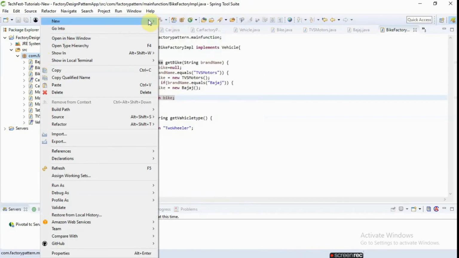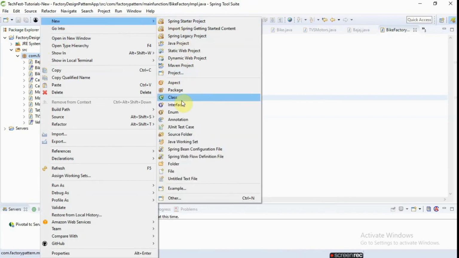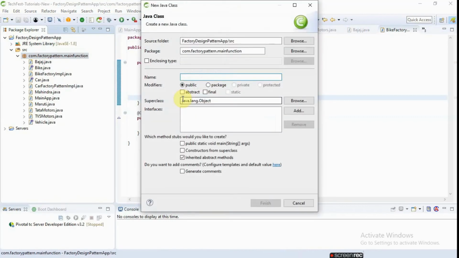So I'm going to make a class that is called abstract factory IMPL.